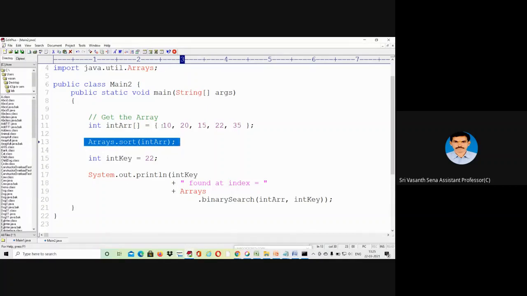Why are you calling this sort method? If the elements are not in ascending order, then it will sort the list of elements. Here it is not required. 10 22 50, yes, it needs to be sorted first. So the given list of elements is not in ascending order. It should be 10 15 20, but it is 10 20 15. So first we are sorting these elements, then